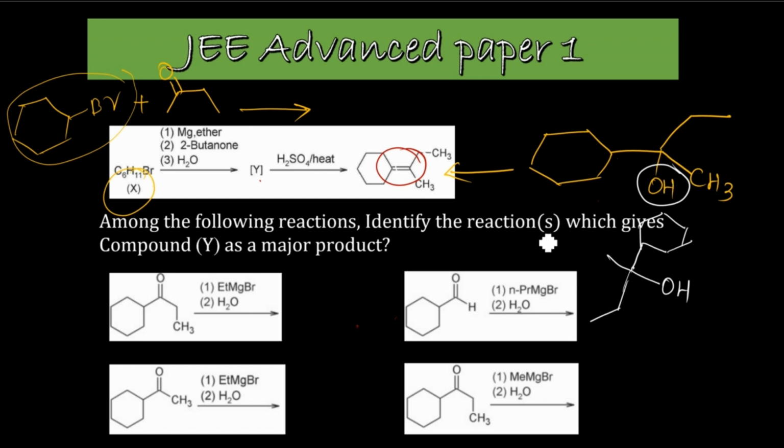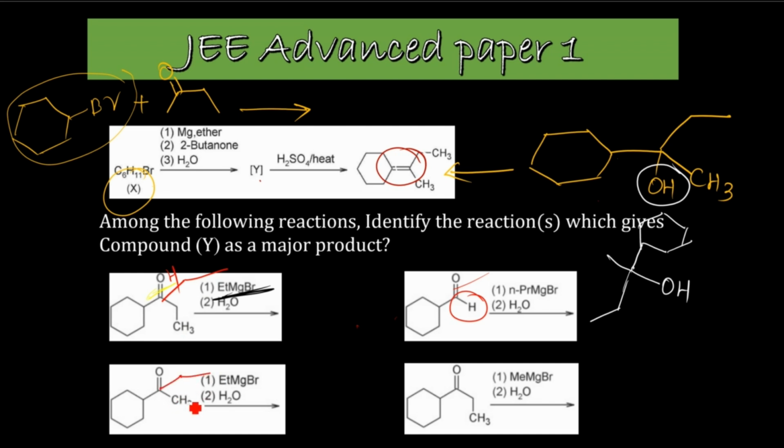Okay. So what is the question? Identify the reactions which give the compound Y as a major product. So if you could see ethyl magnesium, if that compound is getting added over here, then it would be like this, and OH will be there. Okay, let's move on to the next one. N-propyl magnesium bromide can't be our answer, because on one side I'm having H. If I'm adding the propyl group on the other side, it will not make any sense. And ethyl magnesium bromide with this compound,